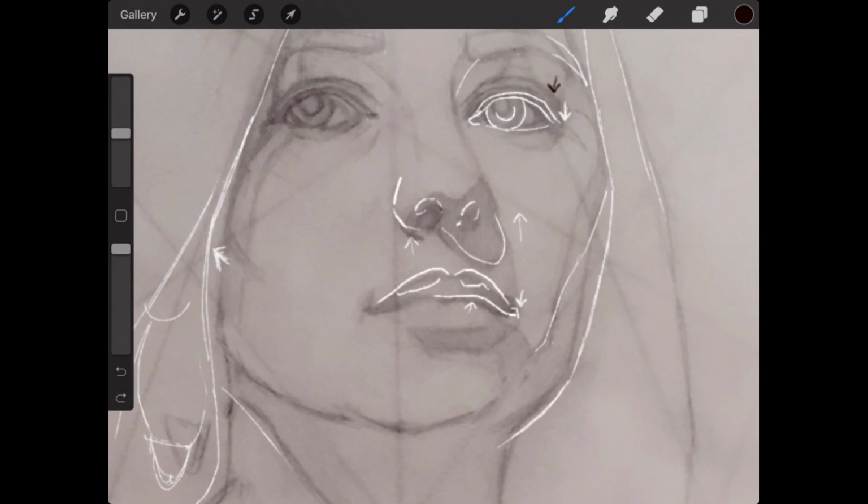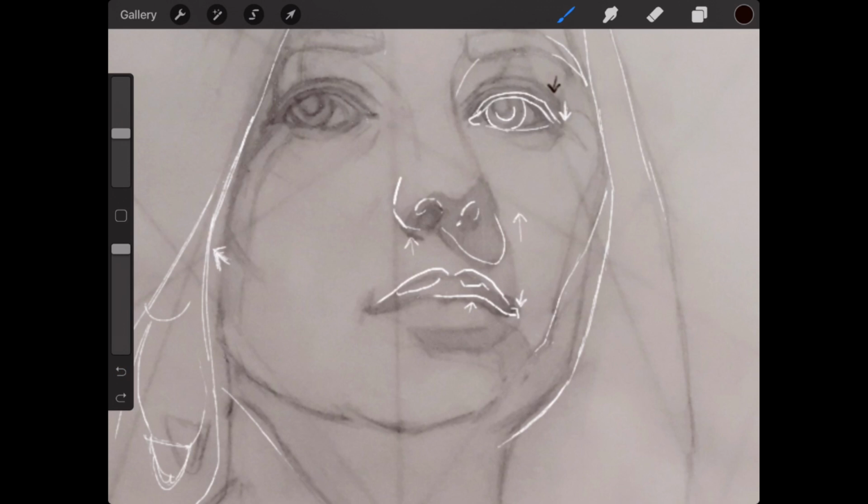one of the things that I noticed a lot of students had an issue with was this loop cast shadow. It's easy to make it too big. I do it all the time. So one of the things that you can do is use a comparative measurement to measure the distance of that shadow, compare it to the eye socket or something similar. Or you could just compare a distance like from the chin to where the bottom is.